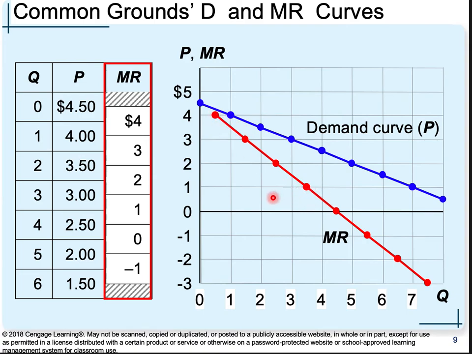When we look at marginal revenue, and when we still look at monopolies, we're still going to look at marginal revenue where it equals marginal cost. That's always going to be the profit maximizing condition, no matter what structure you look at. So in this case, when we draw in our marginal cost curve, it's going to intersect the marginal revenue curve. That's where they're going to maximize their profits.